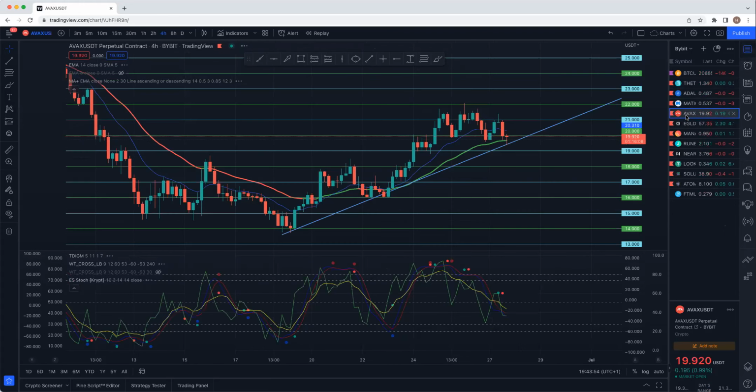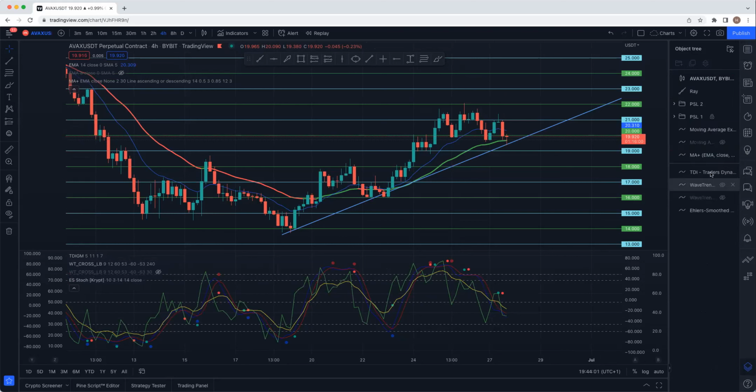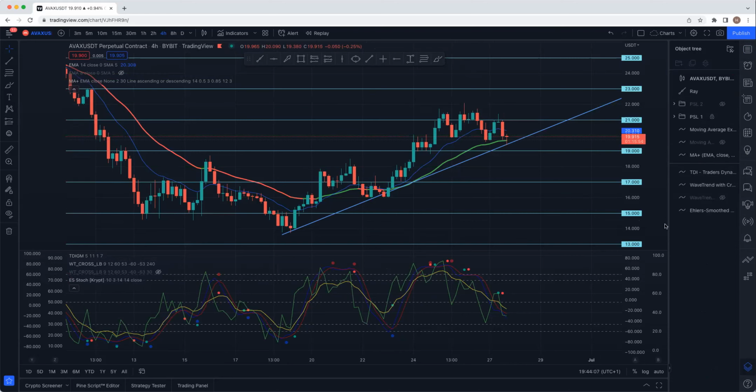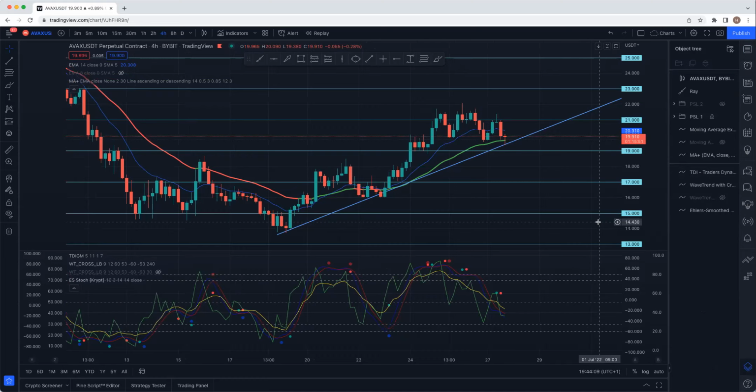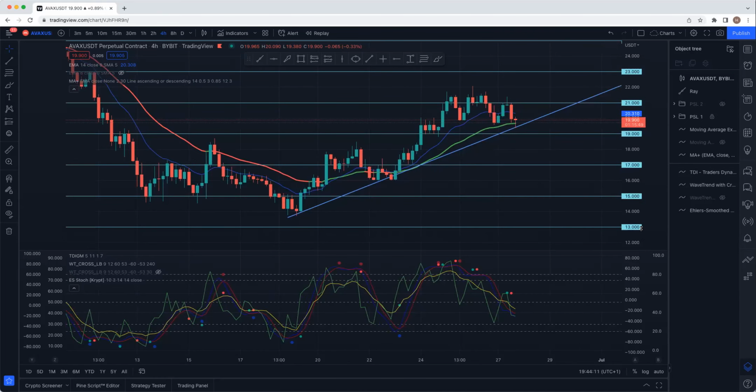Let's look at this other coin called AVAX. Also, we have psychological levels for them, psychological level 1 and 2. So if we turn off the 2, you can see the psychological level 1. We start from 13, that's 13.00,